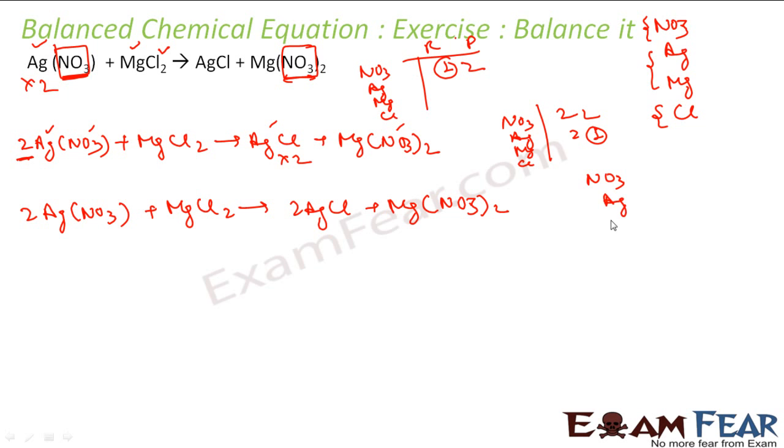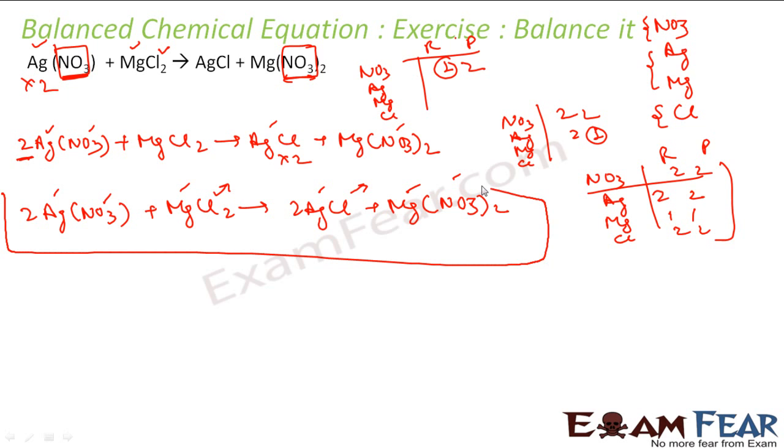Now let's again compare. You have NO3, Ag, Mg, Cl. This is reactant, this is product. So NO3 is 2 here, here is 2, 2, 2. Silver is 2 here, 2 here, correct. Magnesium is 1 here, correct. Chlorine is 2 here and 2 here, 2, 2. So if you see, everything is balanced, thus I can say that this is my balanced chemical equation. So what we have seen is, first we balance that polyatomic thing, then we balance metals, and then we